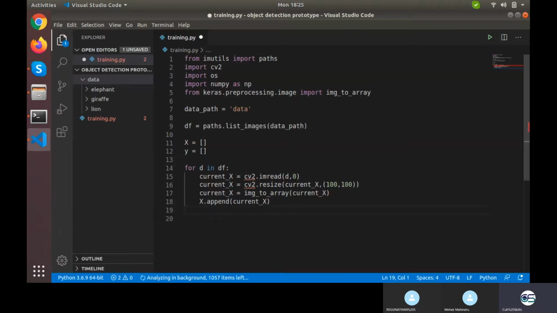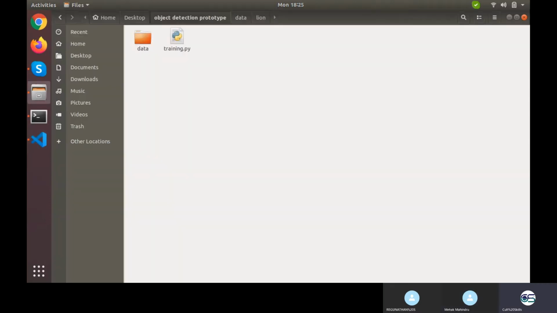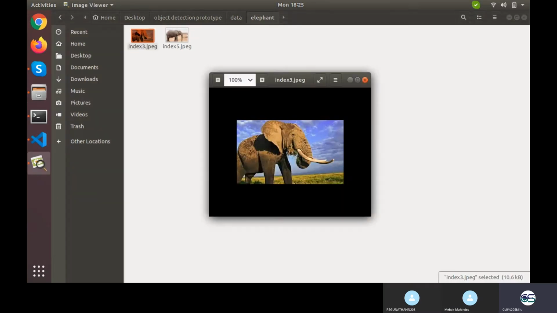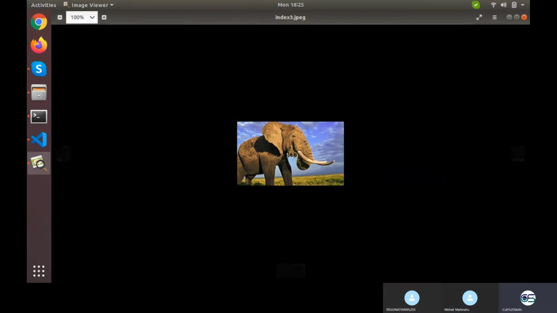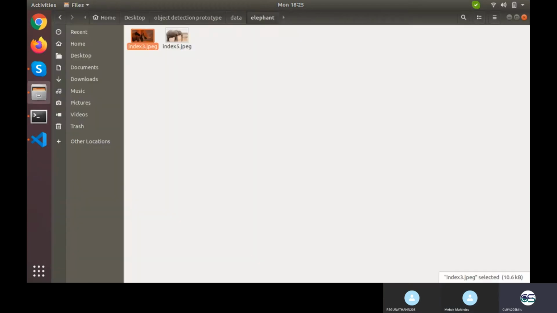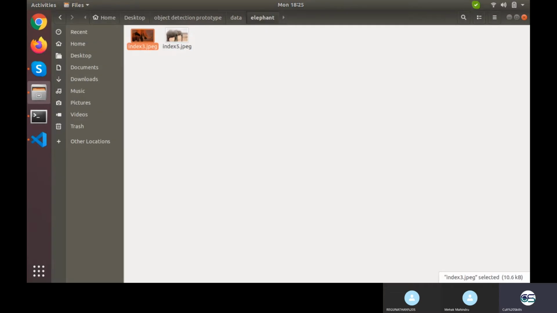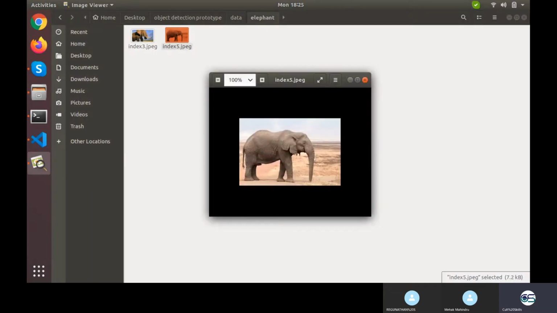The question is to Mehak. What is Y? What is basically the data? How is a label represented as Y? There is no label feature in this data. Where is it mentioned that this is an elephant? The output. Okay, so the output should be that it is an elephant, but where exactly is it mentioned as of now? How would a data frame get to know that this is an elephant?